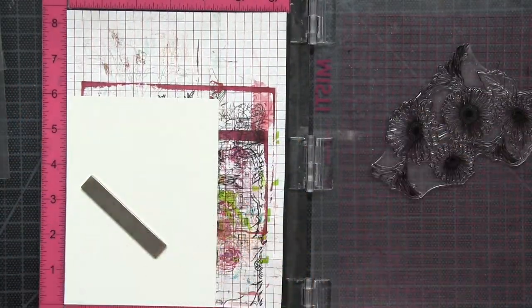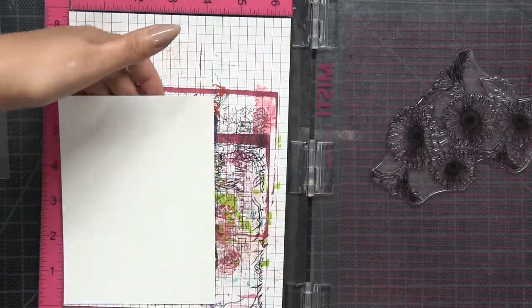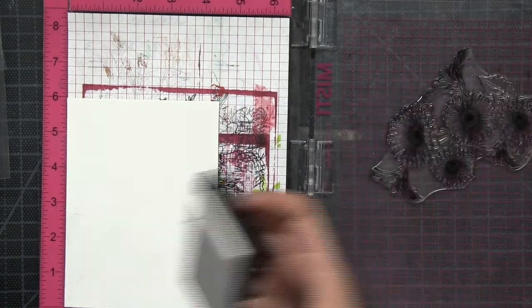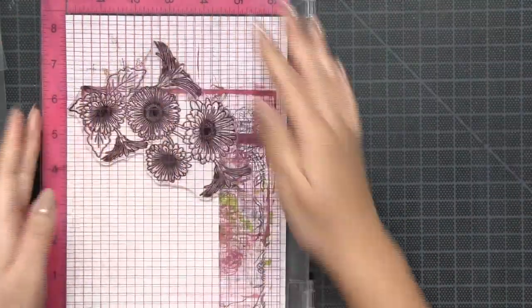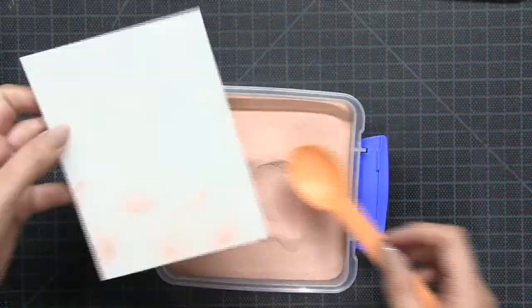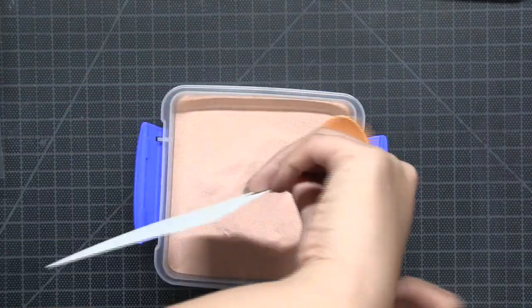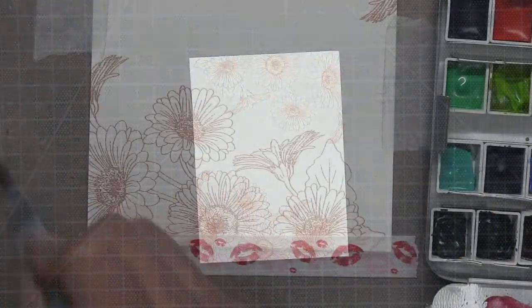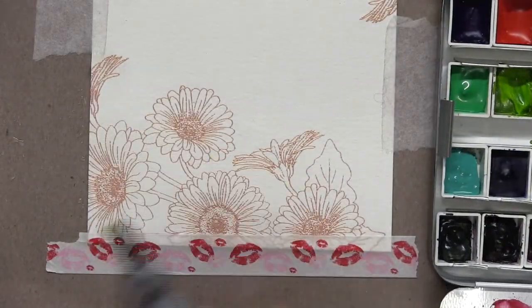So for my second card today, I'm going to be using our Coming Up Daisies cluster stamp set. I started off by stamping this gorgeous cluster at the corners of my watercolor. I'm using my regular size Misty to help me stamp this image in Versamark ink onto my panel. After I stamp it once, I just flip the panel around and stamp it a second time